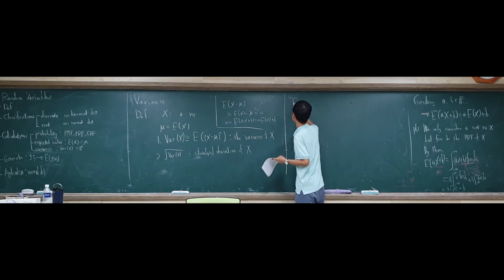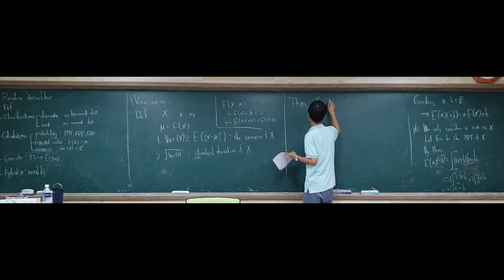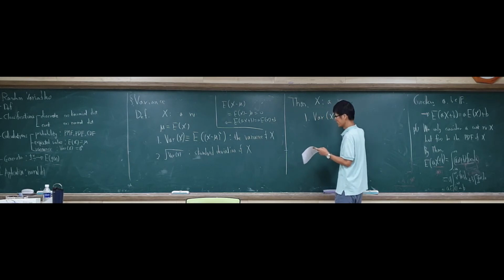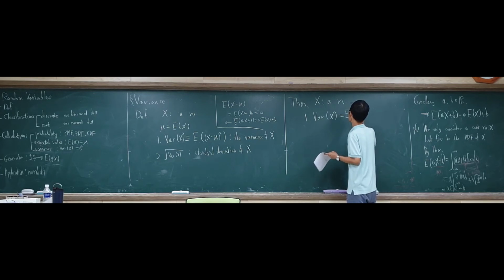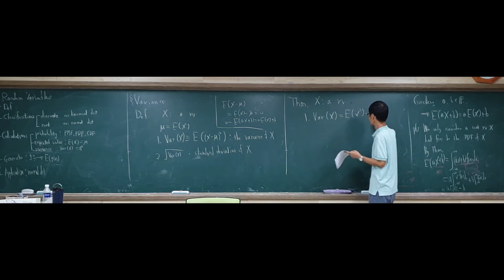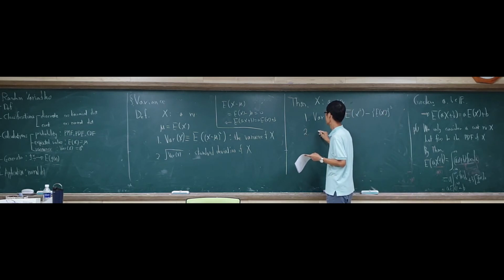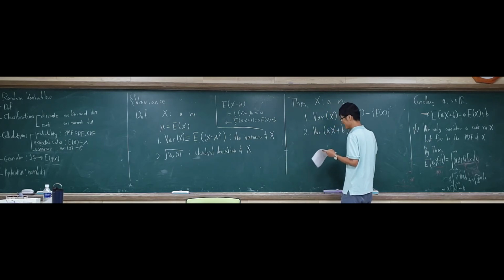So if X is a random variable, then you can calculate the expected value by definition, and you can also find the variance as the expected value of X squared minus mu squared. Mu is equal to the expected value of X, so this is equal to this one. And you can also prove that the variance of aX plus b, where a and b are constants,